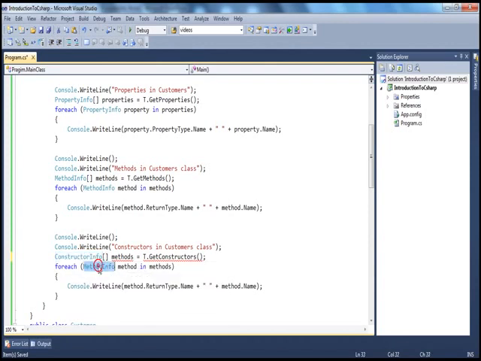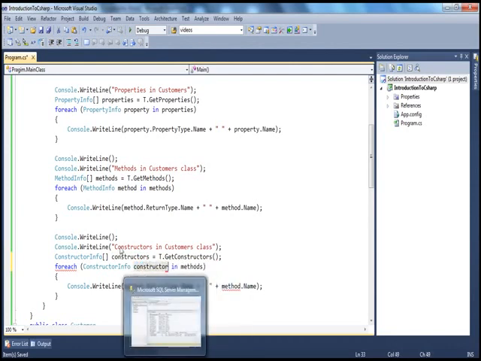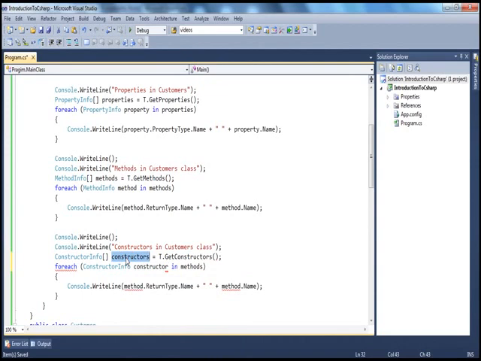And then for each constructor info, let's give this a meaningful name, constructors. For each constructor in constructors, what we want to do is print the constructor. But interestingly, if you have the class as Customer class, obviously any constructor within the Customer class will have the